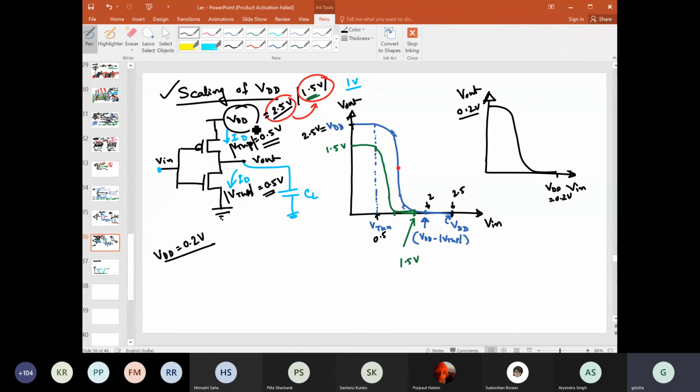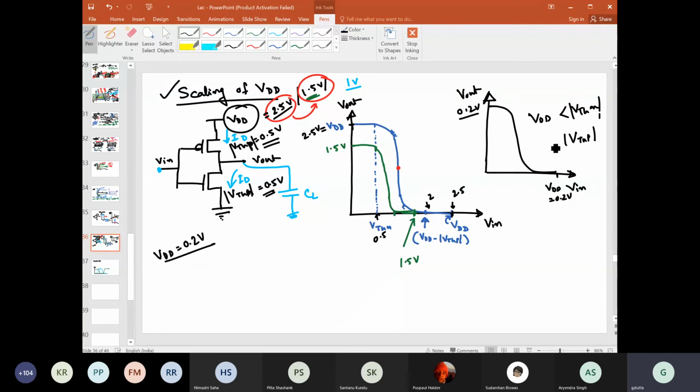where we have to reduce VDD below the threshold voltage. For all of our designs, VDD will be much higher than the threshold voltage of the transistors that we will be using. But for your information, please remember that the subthreshold current will allow this type of inverter to show this type of inverter VTC, even if you reduce this VDD below the threshold voltage of N or threshold voltage of P of this MOSFET.